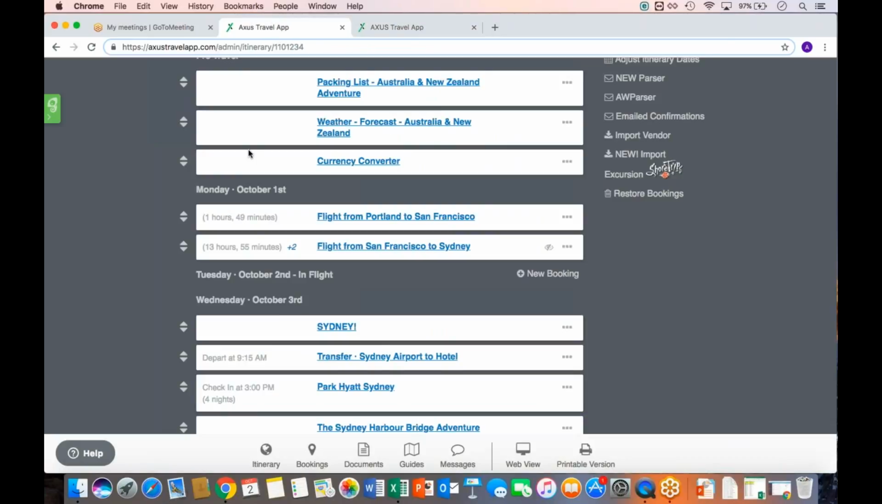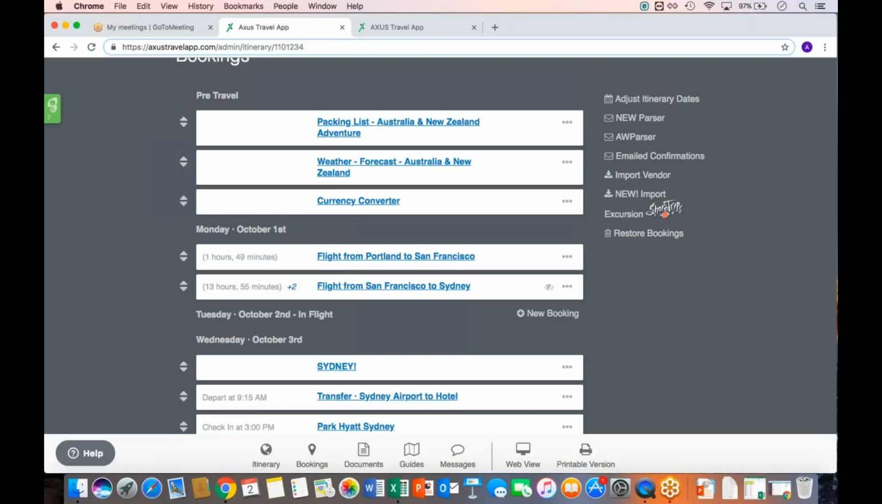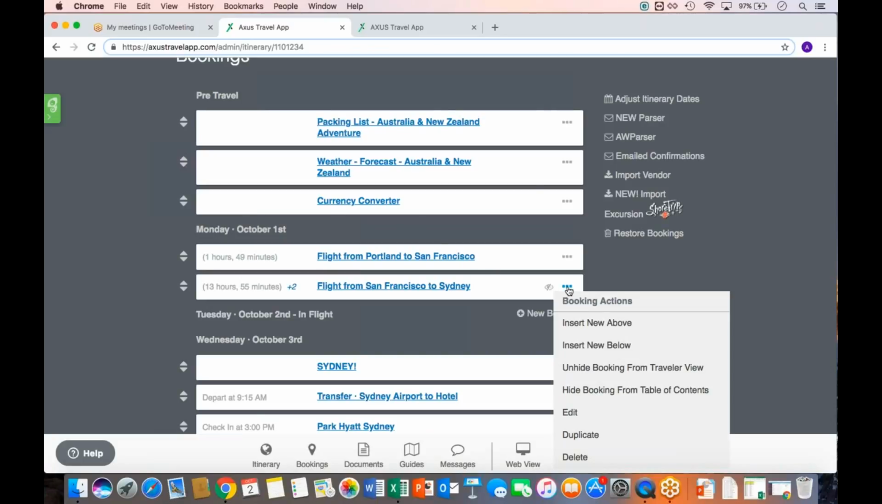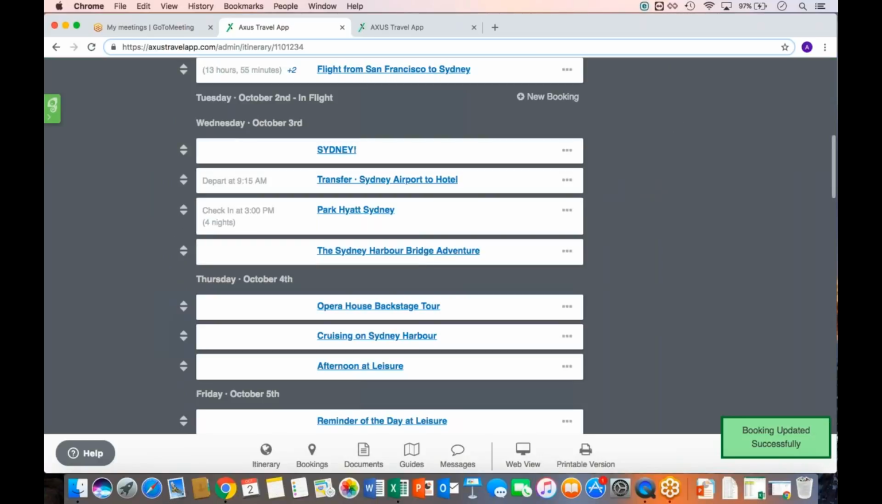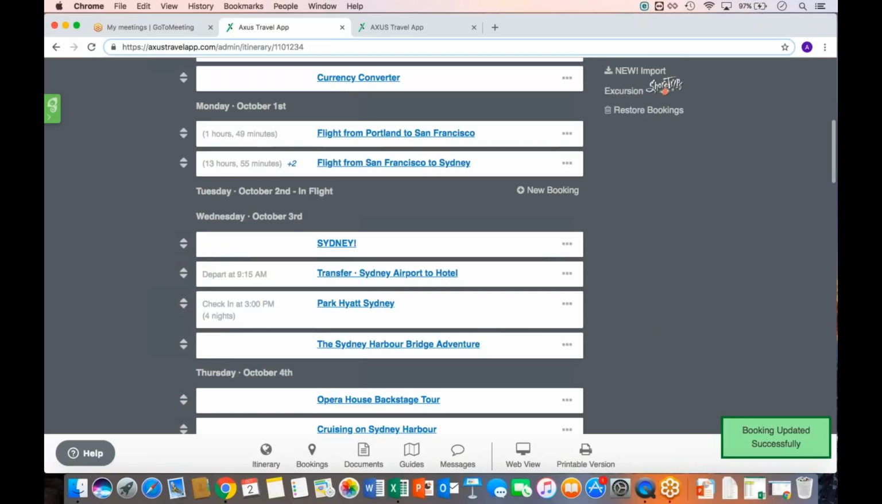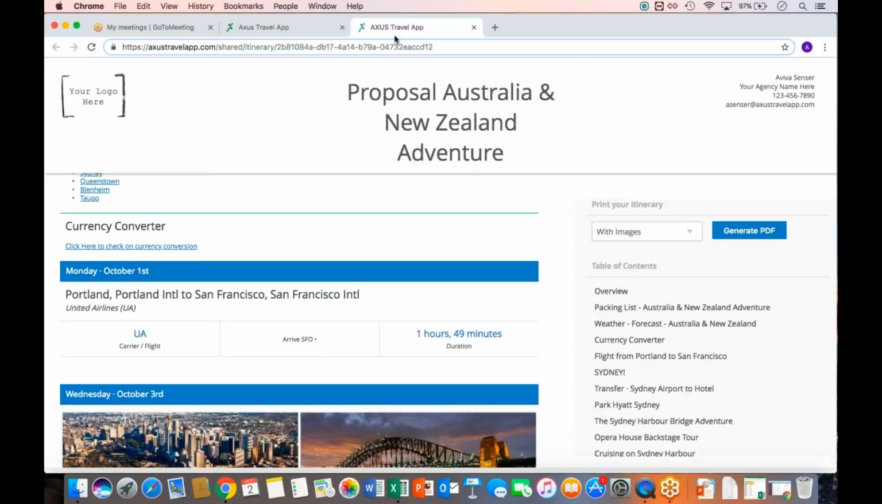Now, once I've made the updates, once I'm ready to now have that booking displayed, all you have to do is again hover over the three dots and you have the option now to unhide the booking. So I give that a quick check. I also see that the eye icon has been removed. And if we go back to the web view and do a quick refresh,